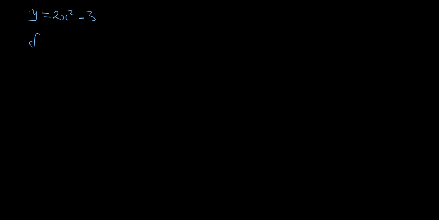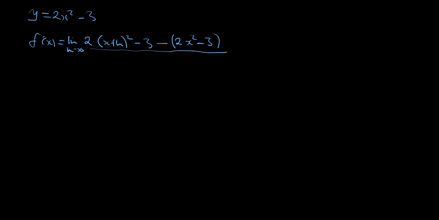So we'll say f prime, as h approaches 0. We'll replace that value wherever there's x. So I'll say that is x plus h, then squared, minus 3. Then again minus the same function, which is 2x squared minus 3, over h. So that is it. Then from there I'll say lim as h approaches 0, then that will be 2